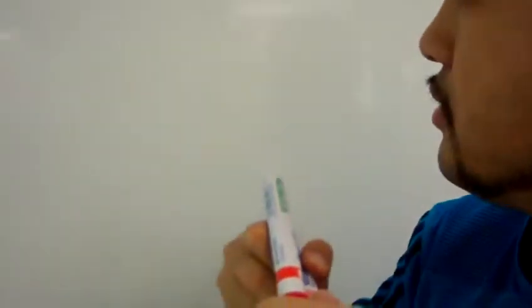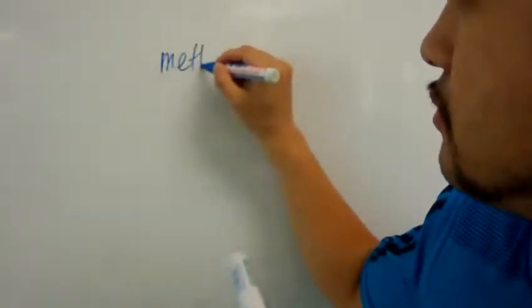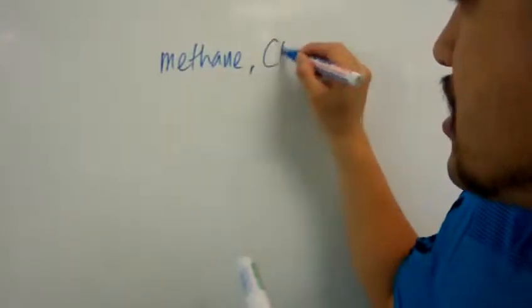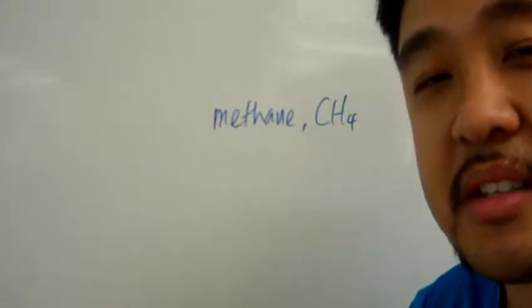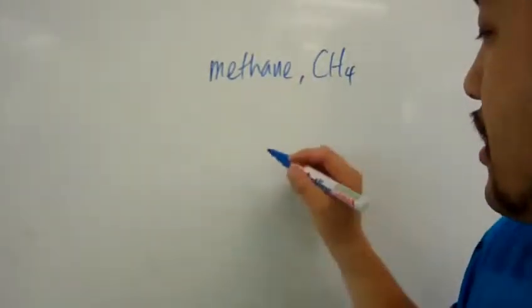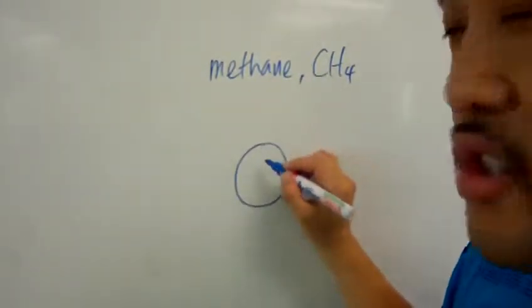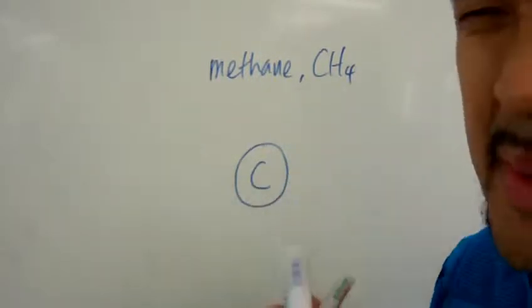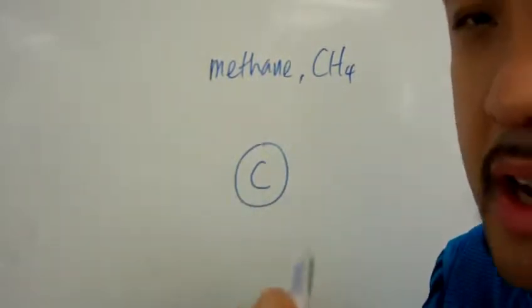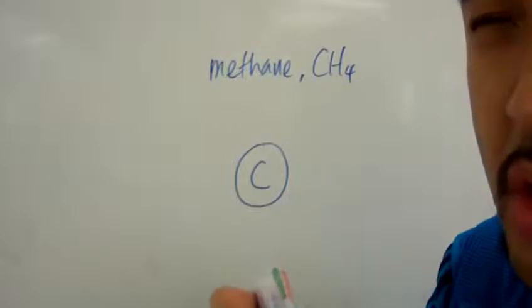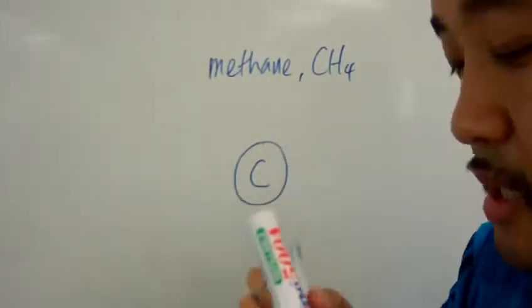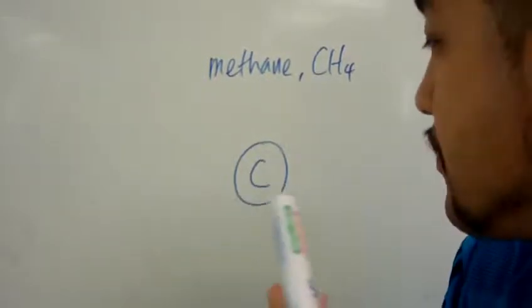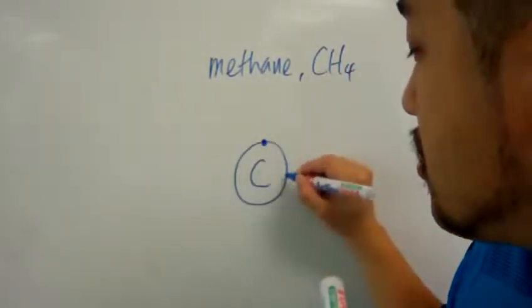Let's talk about methane. Methane is CH4. And how are you going to represent methane now? Well, you have to determine the central atom. Usually it's going to be carbon for the case of all hydrocarbons or chemicals that look like methane. And how many electrons does carbon have? Well, carbon is weird. It undergoes